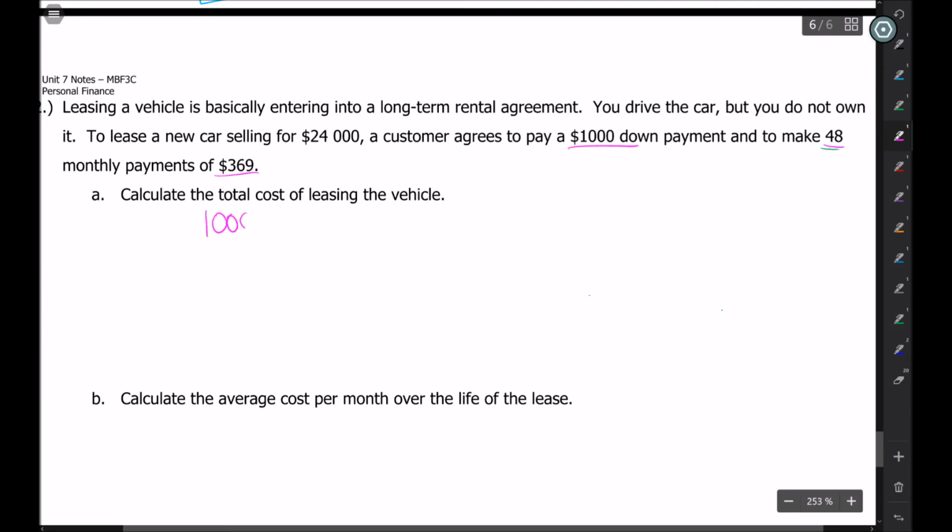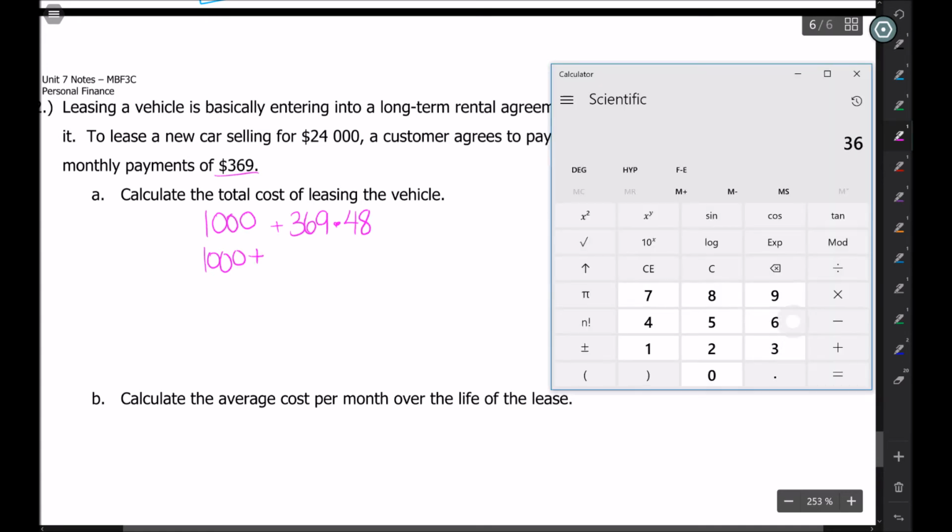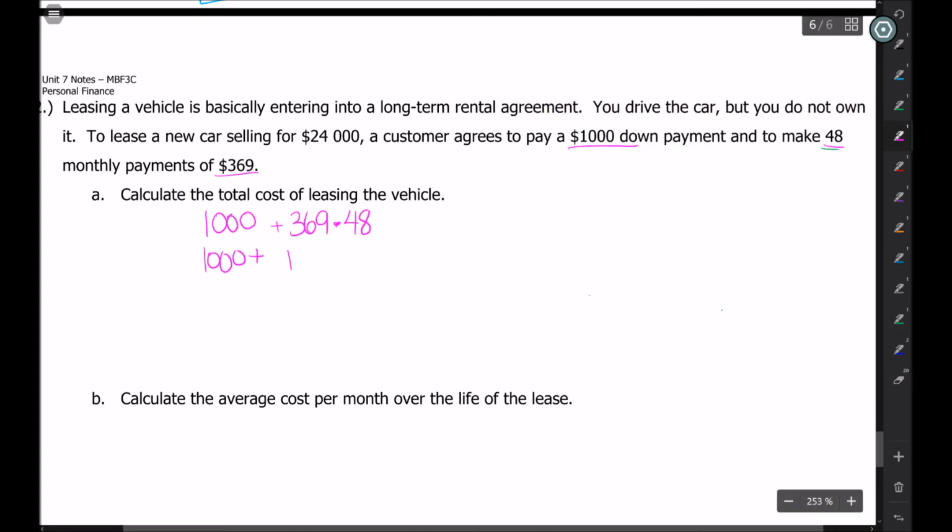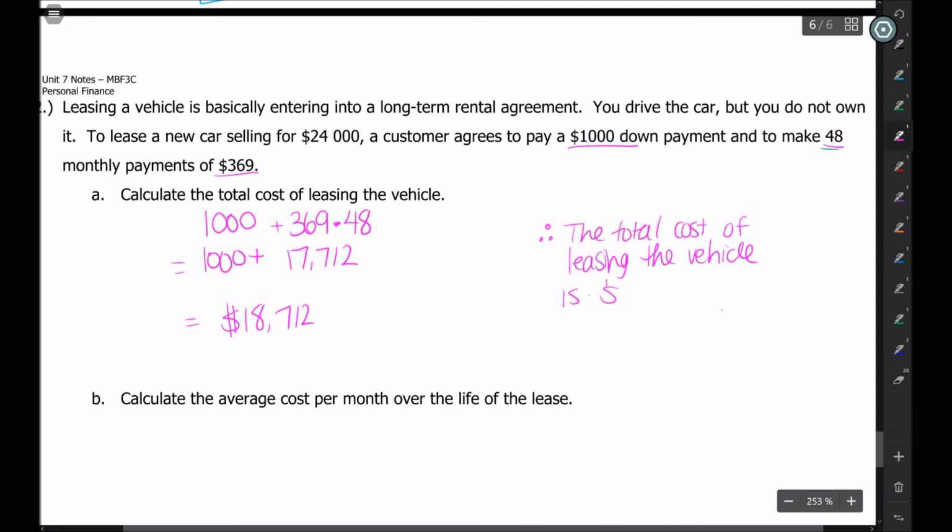Well, we know we're going to start by paying $1,000, and then we're going to pay $369 per month for 48 months. So we know that this is still going to be $1,000. I need to figure out what $369 per month for 48 months is, and I get $17,712. So then I'm just going to add those two amounts together, so I get $18,712. So we can say, therefore, the total cost of leasing the vehicle is